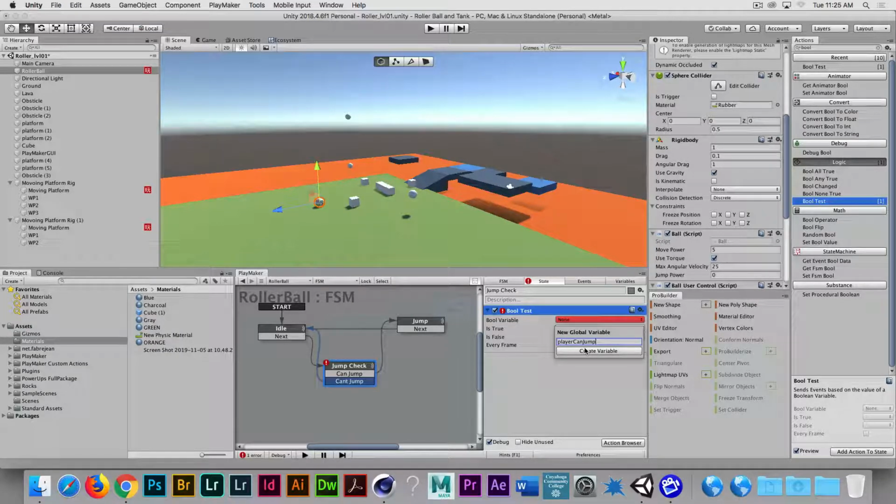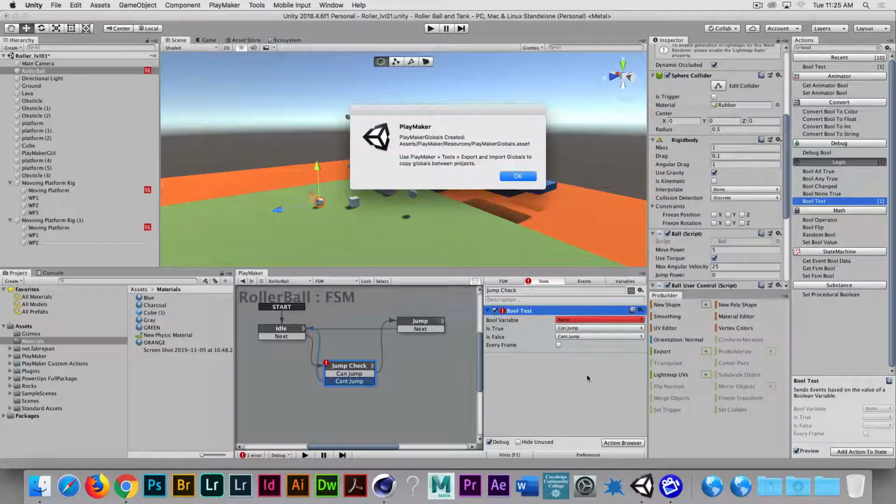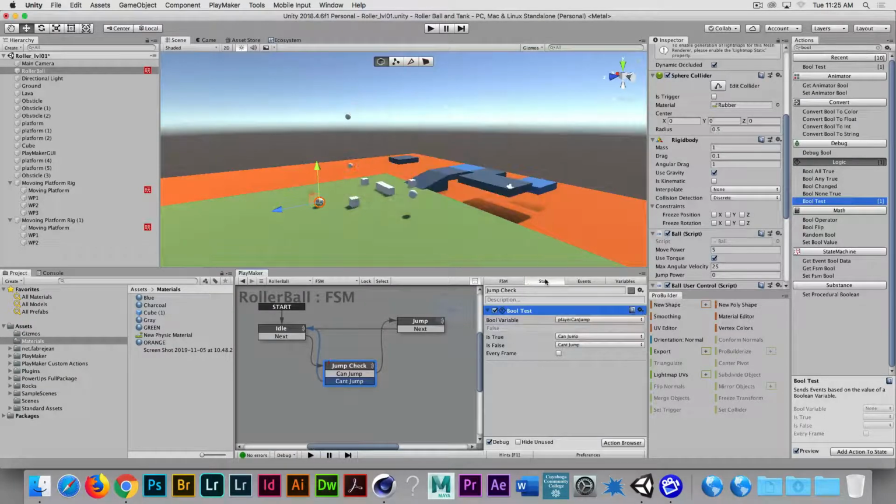The player can jump. We can call it player jump if you want, but that's a little misleading because, is the player jump logic over here? This is the player can jump, and it's a bool. I'm going to hit return or create. I'll say OK. So does anybody remember how to get to